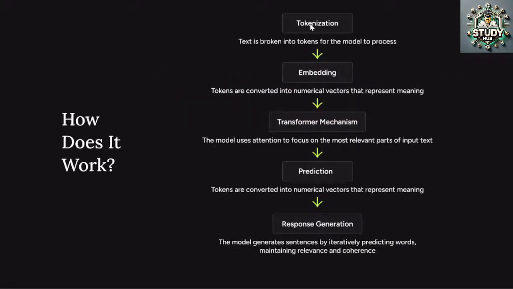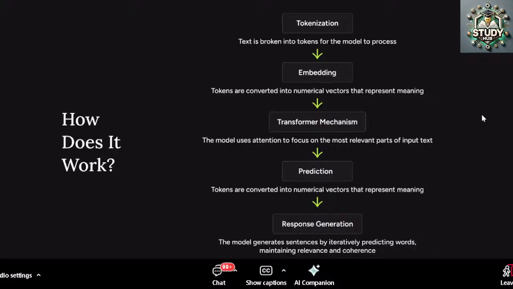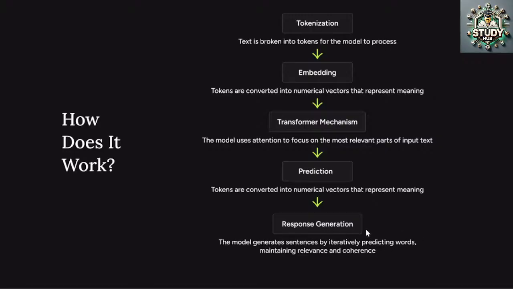And this is how any large language model works, starting from tokenization, getting the meaning of the words, focusing on what input is most important, and finally predicting one token at a time by assigning the probability to each and every word and picking from the top high-probability words, right? Not the highest, high-probability words. It can be anything, right? It can be books, it can be mind, it can be newspaper, whatever the top words can be.